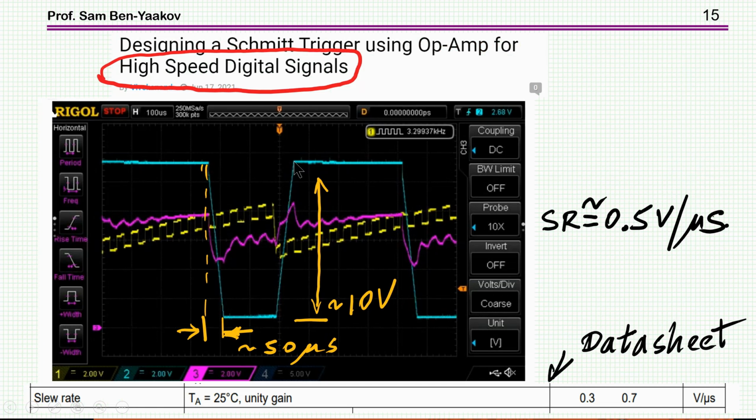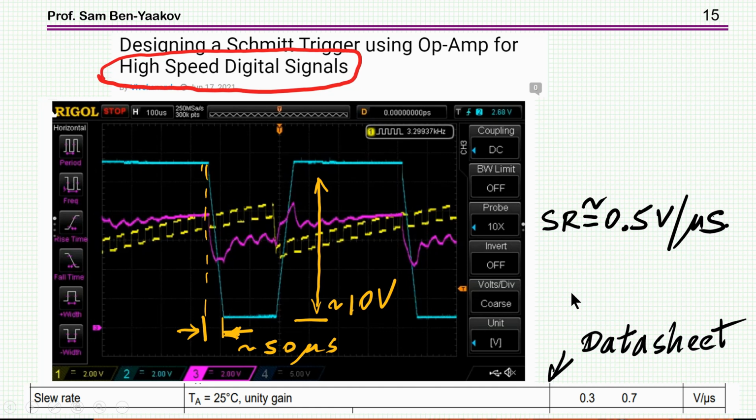So if I look now at this tutorial, which is supposed to give us a solution for a high-speed digital signal, what I see here, this is the output of the 741. This is very, very typical. You see, this is now the rise time is about 50 microseconds. The change here is 10 volts. So it comes out to be about 0.5 volt per microsecond,